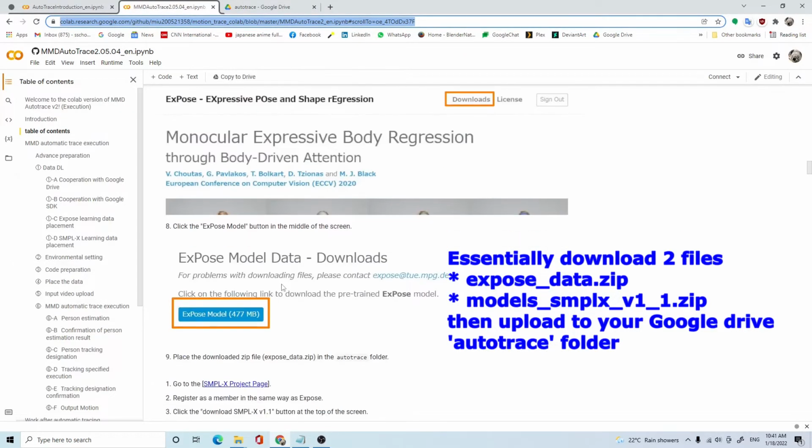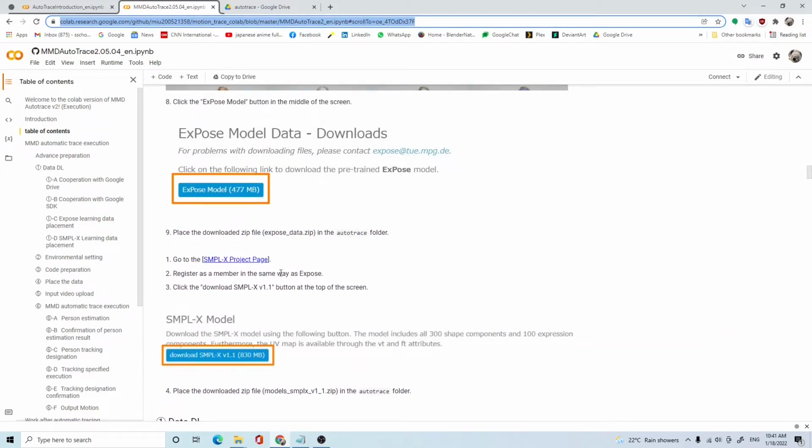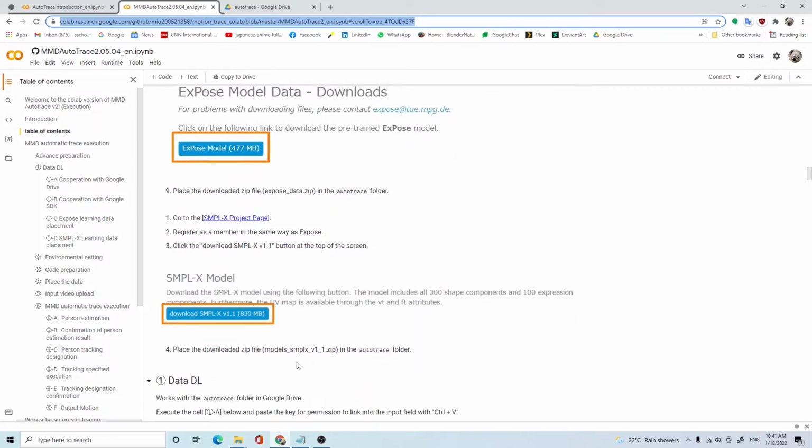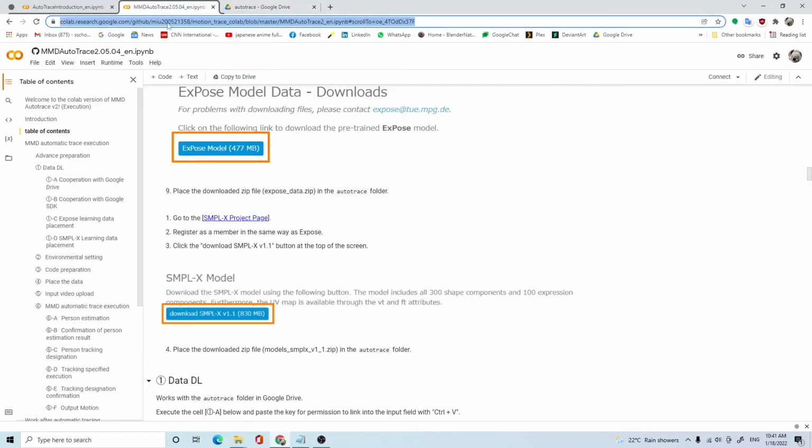The other file that you will need is this instruction here that will allow you to download the simplex model file. And again, after you download it, you have to upload it into your own auto trace folder. So this is the second one, first one, second one. Once you have these two data files, which is done only one time, you can reuse them for all future